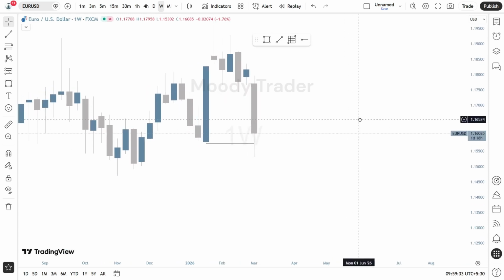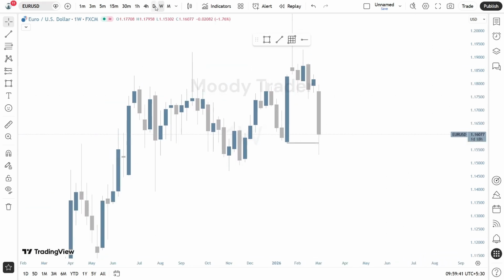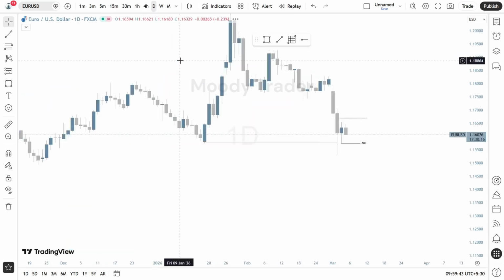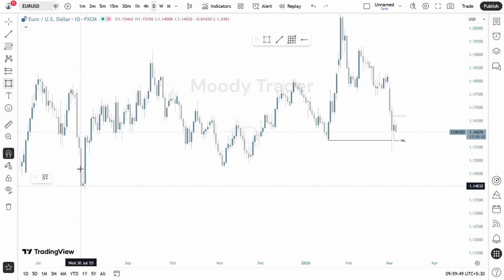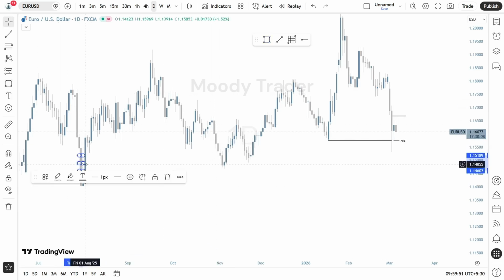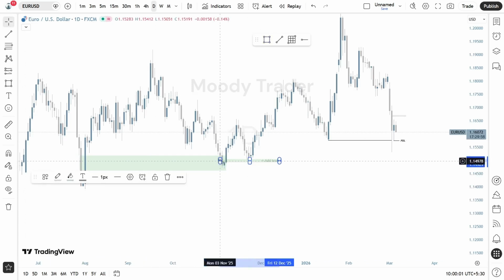So into the weeklies, what we see is that the price had taken the swing low of the monthlies and we are moving higher. Now let's move to the dailies to see what do we have in there. So in the dailies, the price was having this FVG, or the BPR, which I had anticipated before that we can possibly reverse back from this area, and then the price mitigated this BPR at this point of